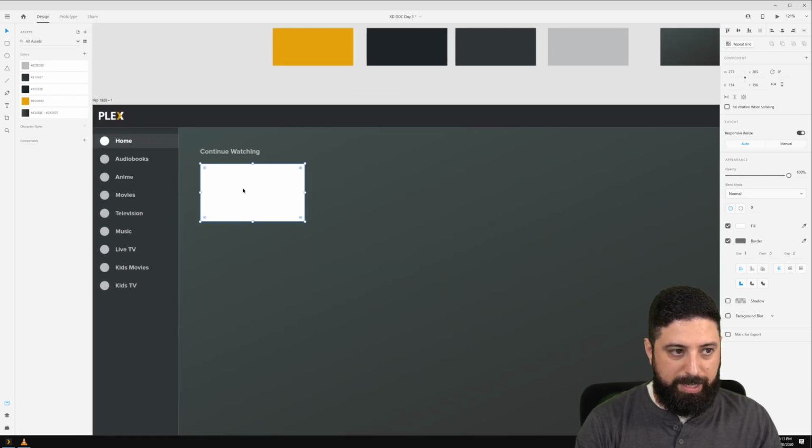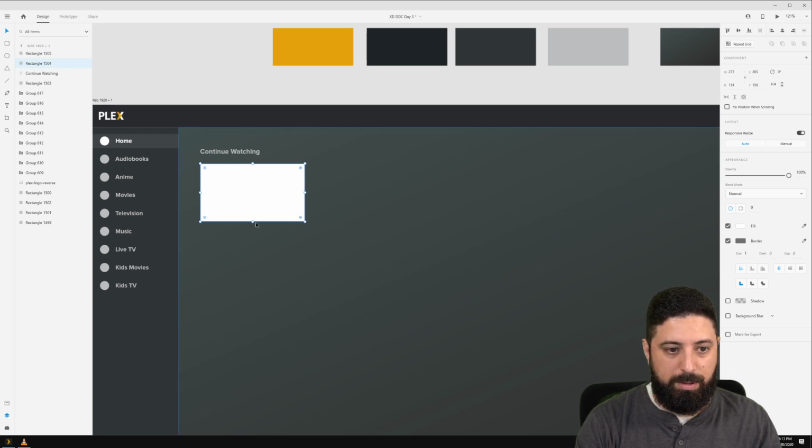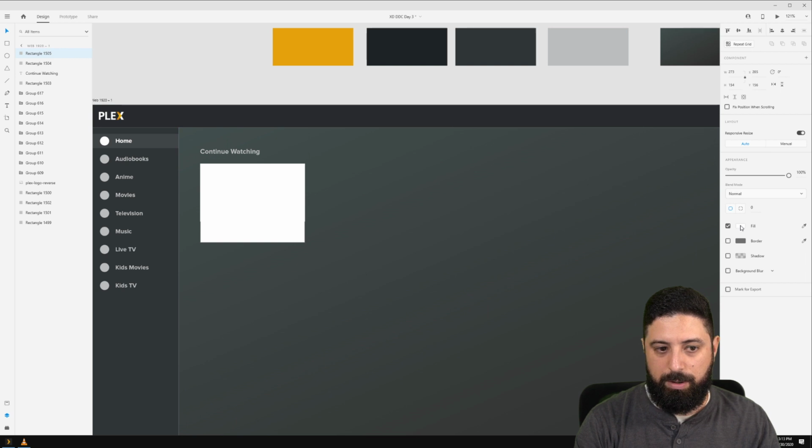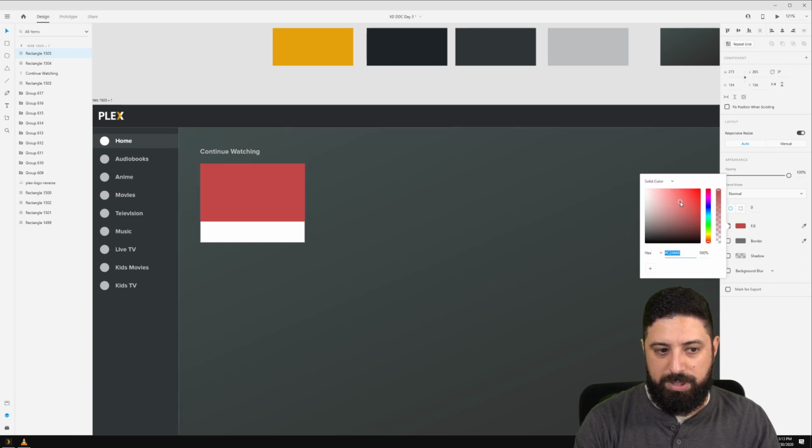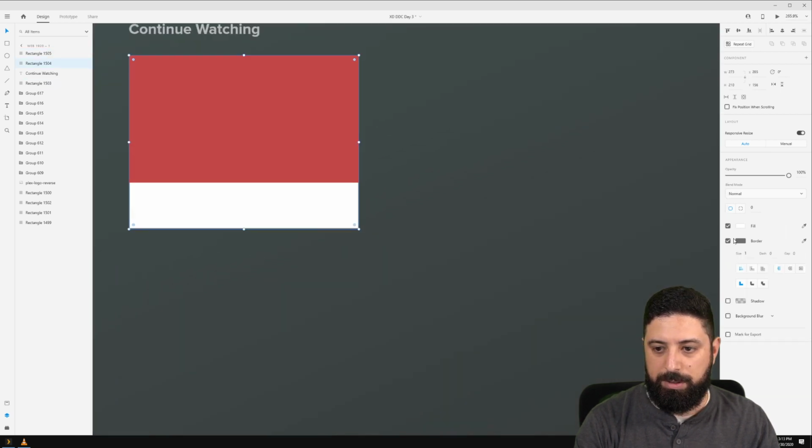I'm going to want to create a layer on top. And I'm going to want to take this bottom one and extend this just a little bit more so that we've got some room to put some text down here. So this is going to be an image file. I'm going to remove that border and I'm just going to color this something else for the moment.